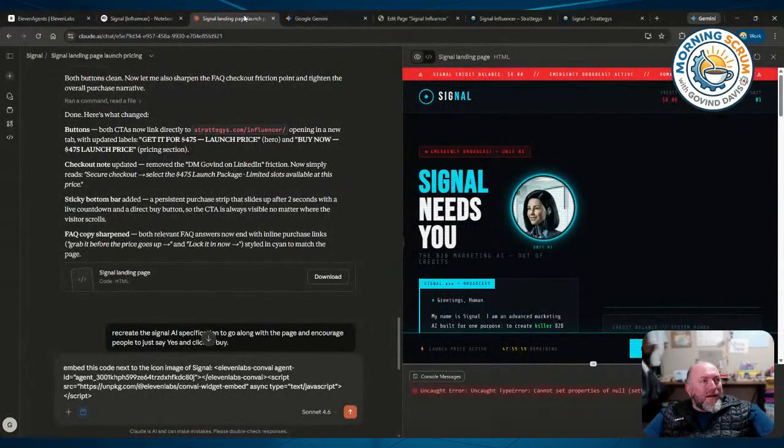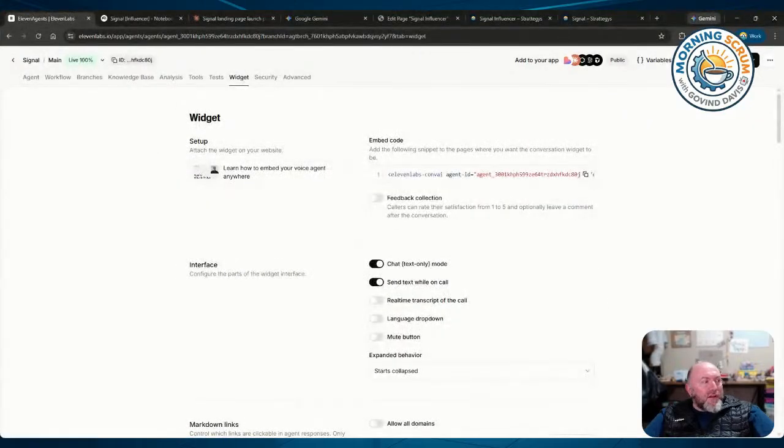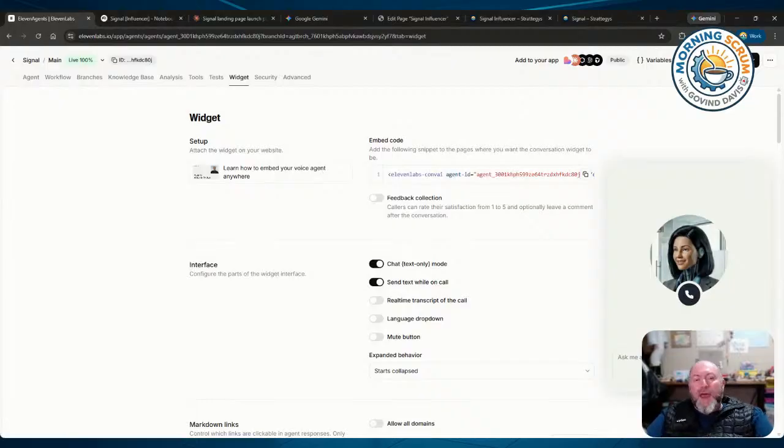And before I go back, I'm going to show you the widget. You can create the widget with 11 Labs, and there's a bunch of stuff, and you just embed code. This actually worked really well. It was super easy to just throw this into a page, and you can pop up Signal. I got a little headshot from the picture, and you can talk to her. And I loaded up information, like a PDF about how it all works.